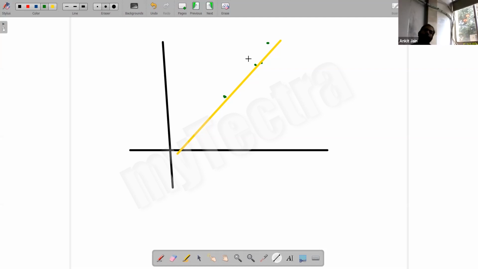What will be the varying value for mean square error? Suppose the distance is in kilometers between us, then the mean square error will be in kilometers. If it is in centimeters, it will be in centimeters. So that is the problem with mean square error. It doesn't give you